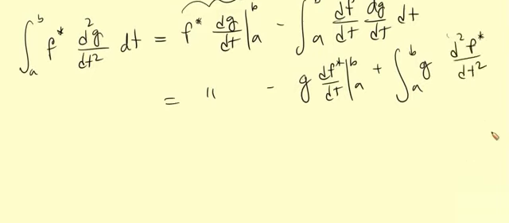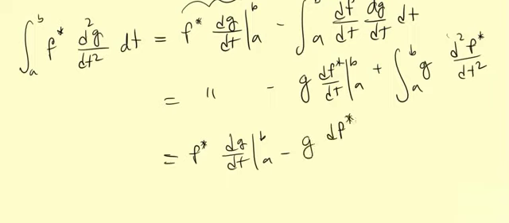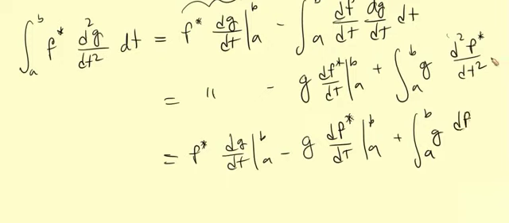Okay, so let's write this thing in its full glory. So this is f star dg dt evaluated at my boundary points. I'll have g df star dt at b a plus this little integral over here. Oops, there should be a dt. Yeah, dt squared, because this is the second derivative. And now if you compare it,